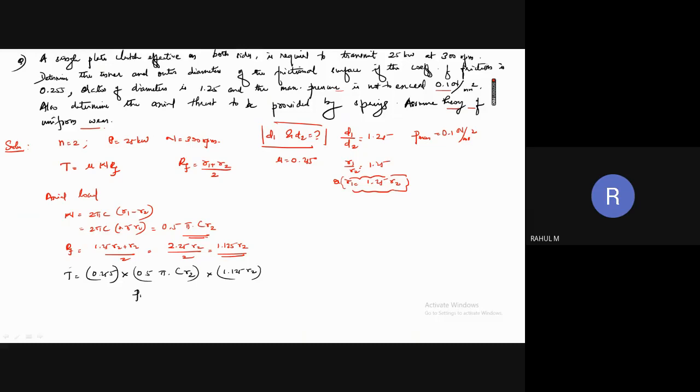But we know that P max into R2 is C. P max value is given as 0.1. So that is nothing but 0.1 R2 is C. Let this be my first equation. Second one, if I substitute 2 in 1, my torque T becomes 0.255 into 0.5 pi into 0.1 R2 into